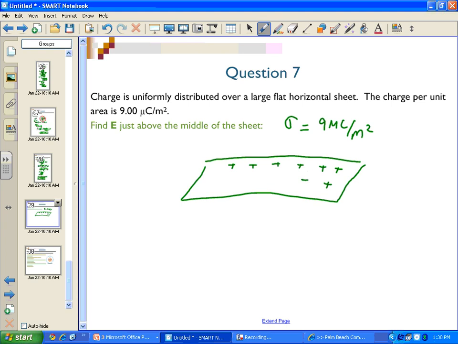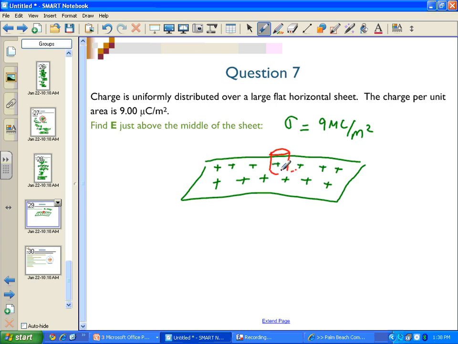Well, we know that this is a very large sheet, and so provided we keep the distance where we're calculating the electric field relatively short compared to the dimensions of the sheet, then we're assured that we can get an accurate value. Now, we are given the choice. We could use a cube if you like, or we could use a cylinder if you like for our Gaussian